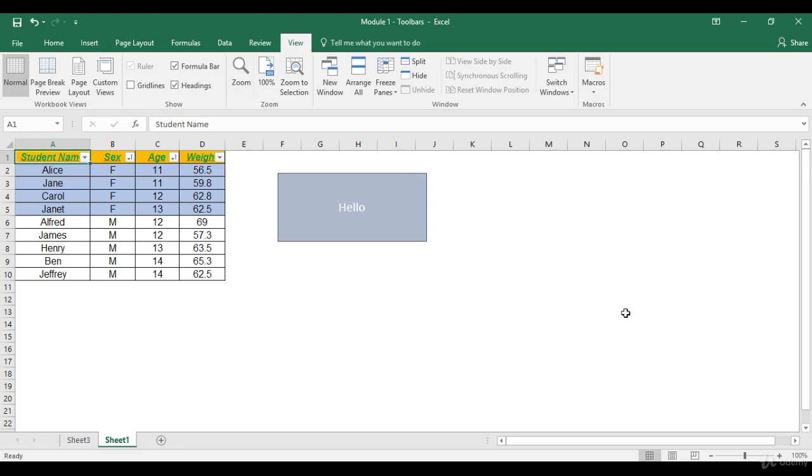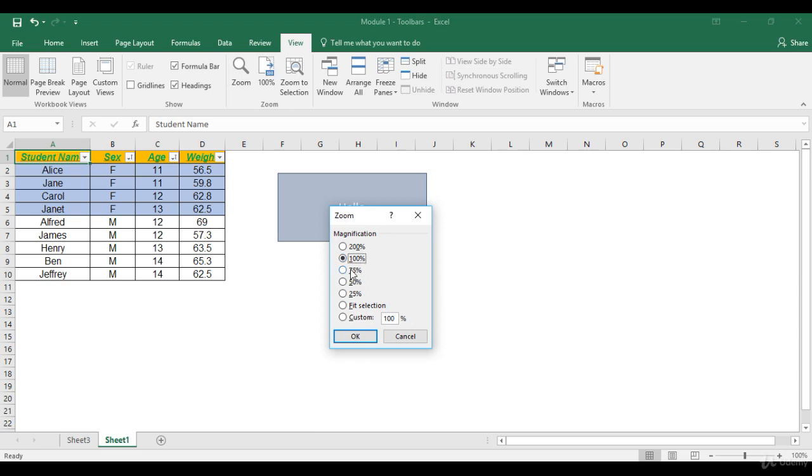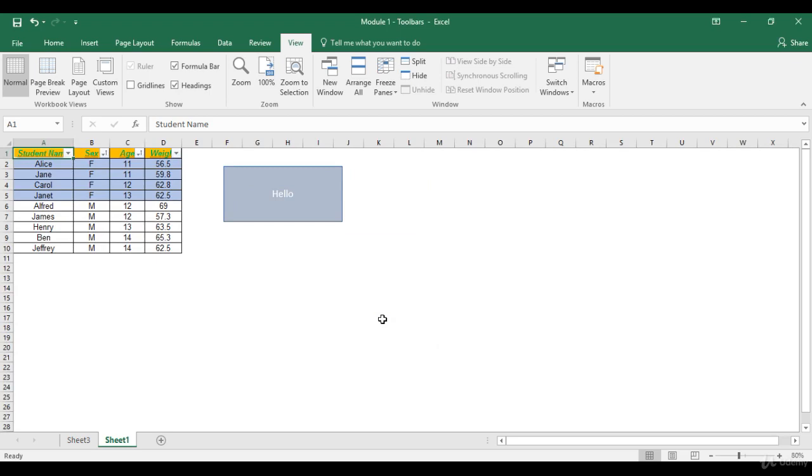Moving on to the zoom option. Right now the zoom is set at 100%. You can change the zoom from plus or minus over here also, but let's use the zoom command over here. Let's say I want to do it at 80%. So it just shrinks the Excel file a bit. We will be discussing the next section around arrange all and switch windows.